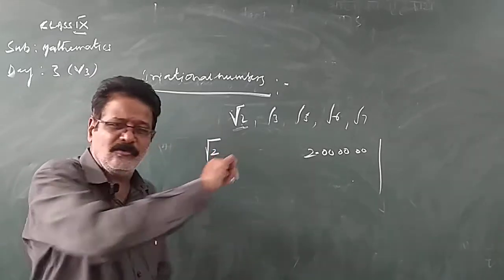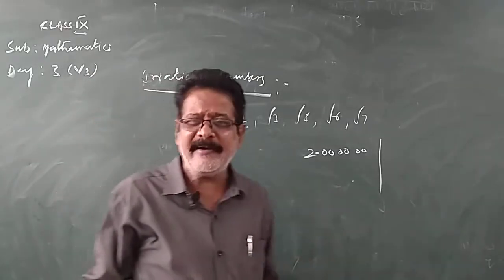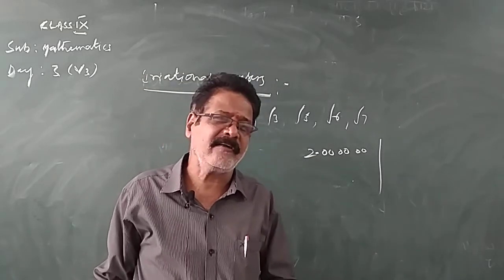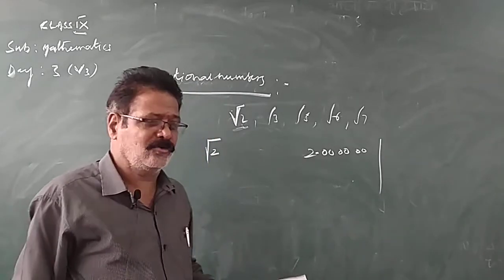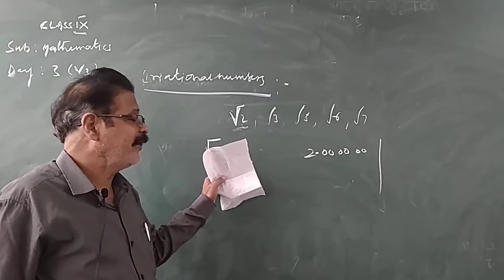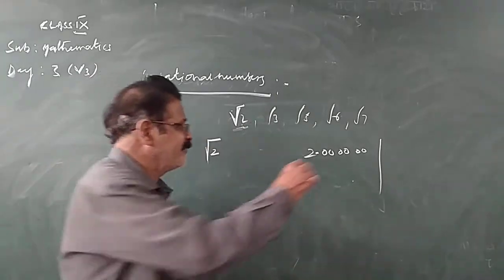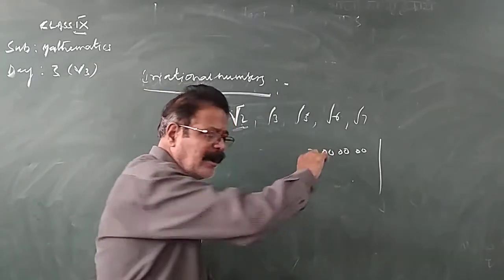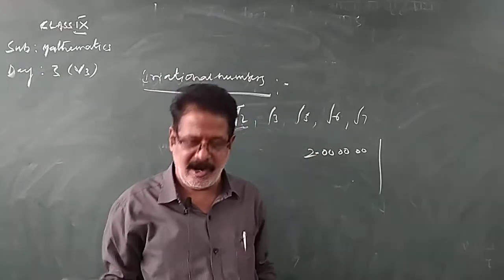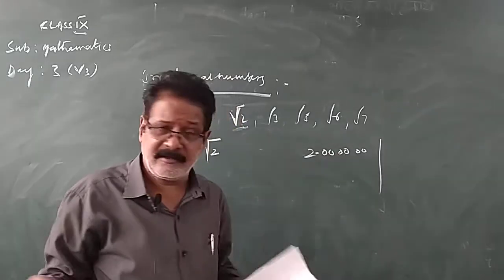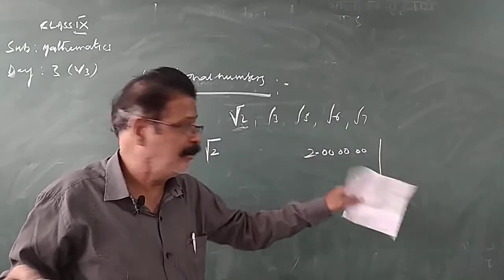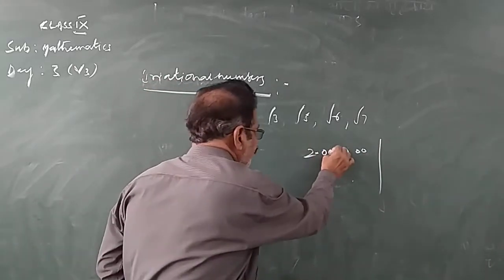Square root is the reverse of squaring. Square means multiplied by itself. Up to how many decimals do we need? 3 decimals, so 2 times 3 is 6 zeros. After the decimal, we can keep as many zeros as we wish, but we want up to 3 decimals, so we keep 6 zeros in pairs after the decimal.